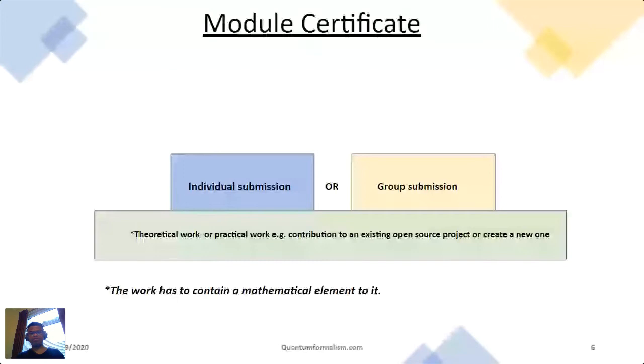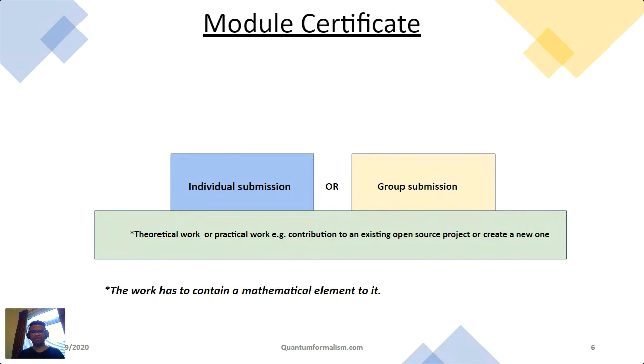For those who decide to do group submission, we'll maybe create a table or do some sort of catch up or intro between yourselves. In fact, we're going to create a Slack channel so people can work out who they want to work with. Likewise, if you already have a friend attending the course with you, maybe you can form a group. It's entirely up to you, and we don't cap.